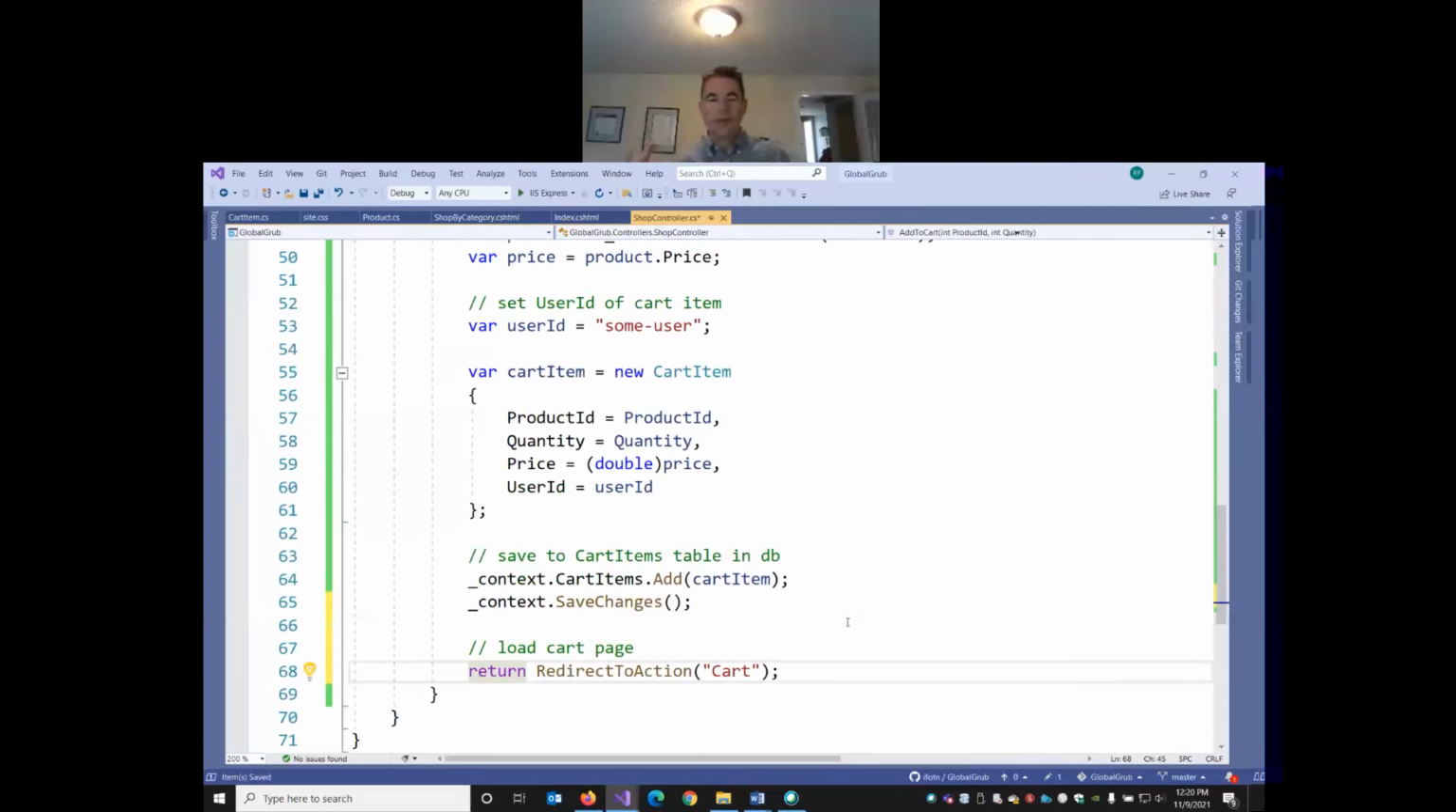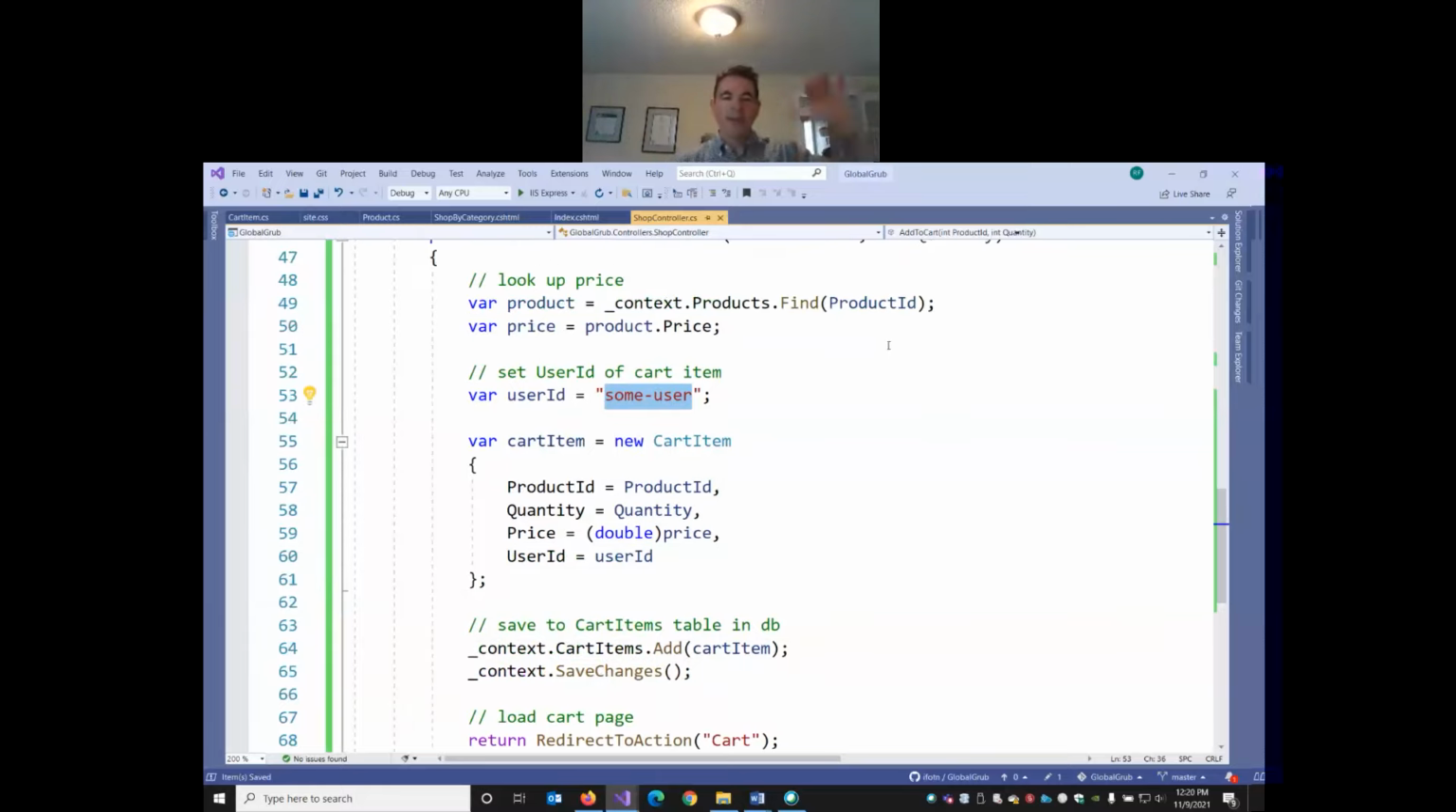So let's try this out. If this works, we're going to get a blank screen. It's going to redirect us to /shop/cart, but we haven't built that method. We haven't built that view. So we're just going to get a white screen. But at least we can then go and look in the database. We can look in the cart items table and see if anything got added to the cart with the user ID of some user. So let's test this code out